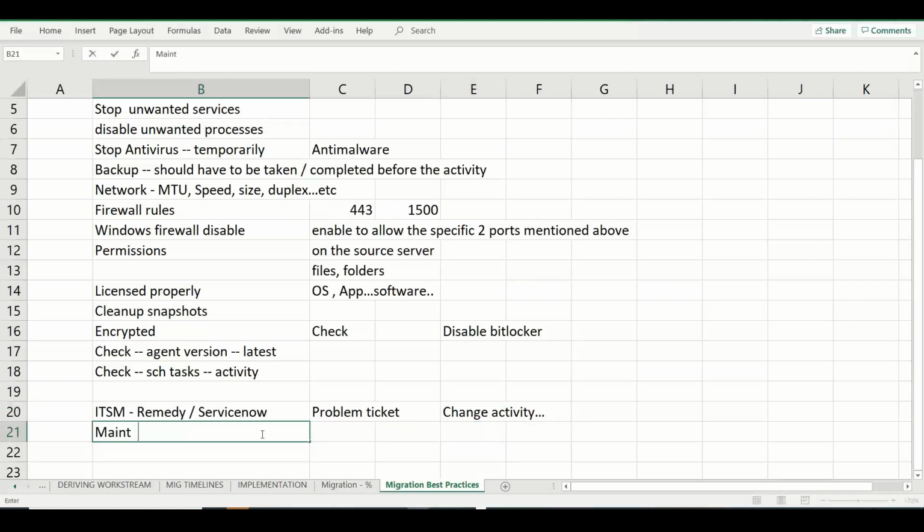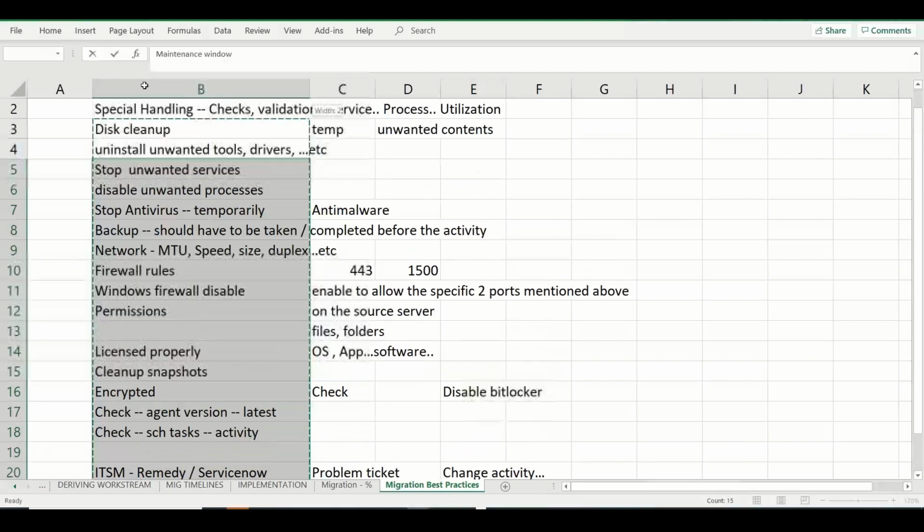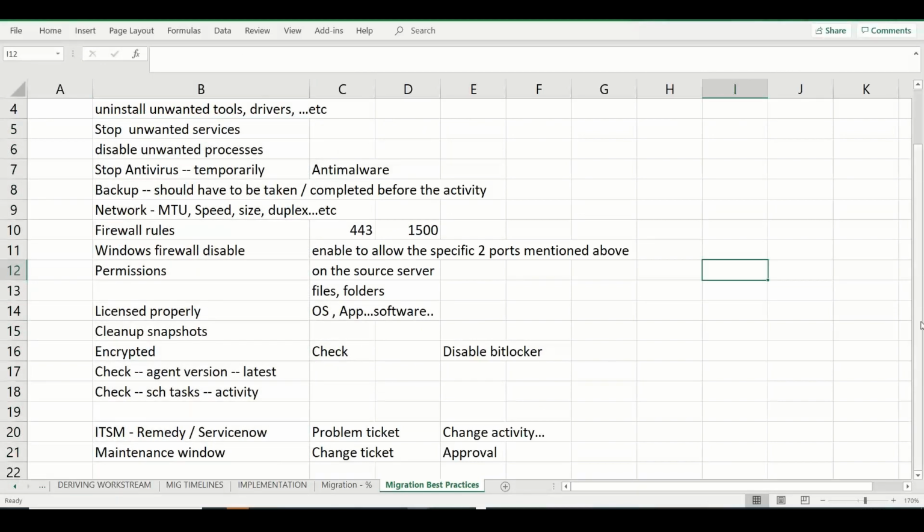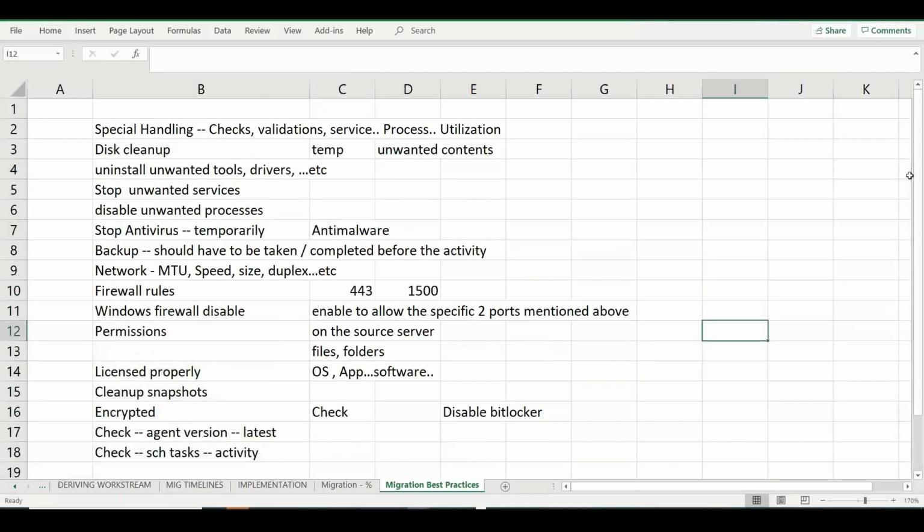We need to be very clear that we are doing the activity in the maintenance window. The change ticket has to be raised and we have to get the necessary approval. We have to do the activity only during the maintenance window. We should not deviate from that. These are some of the best practices for a migration engineer. If you follow them, they will help you have a most successful migration. And everyone wishes to have a successful migration, right? So these are some of the